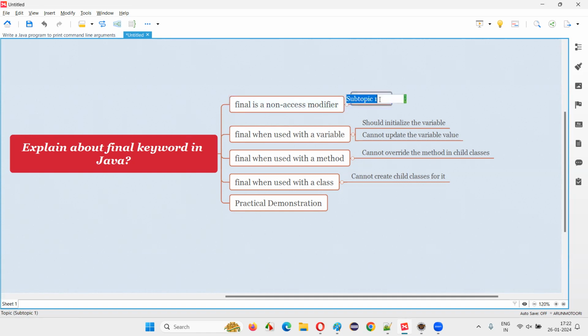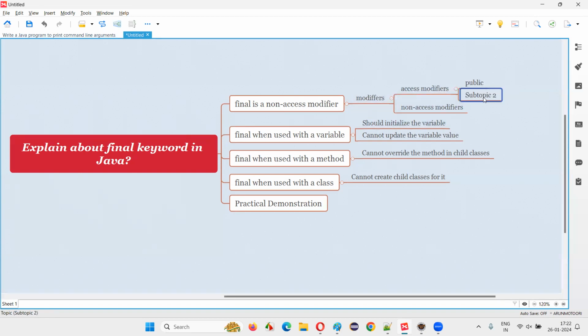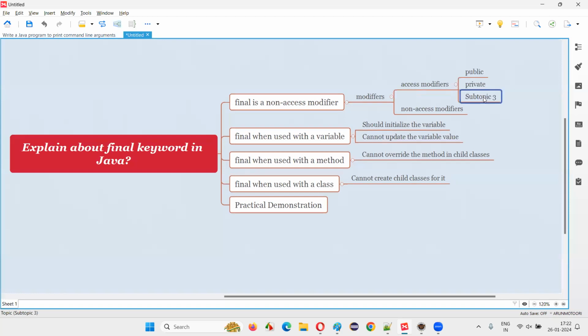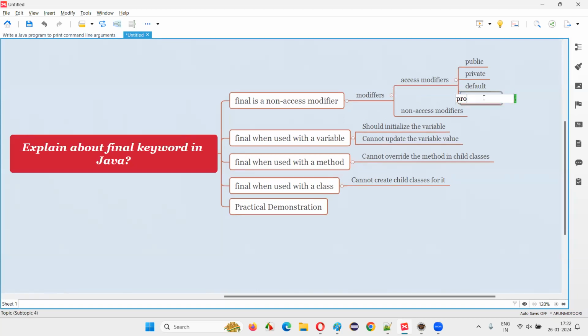In Java, we have different modifiers, and these modifiers at a high level are categorized into two types. One is access modifiers, other one is non-access modifiers. And coming to the access modifiers, we have different access modifiers like public, private, then default, and then protected. And coming to the non-access modifier, we have